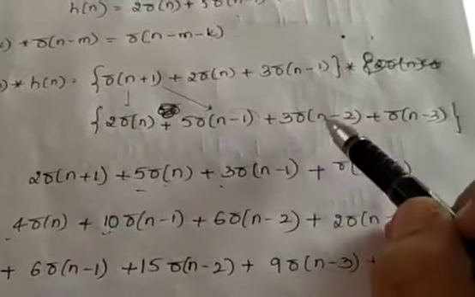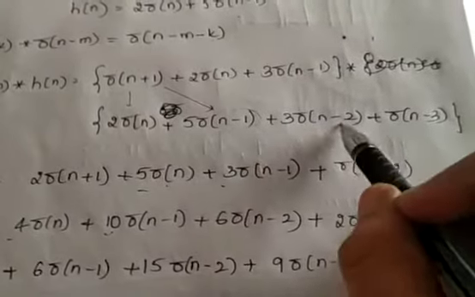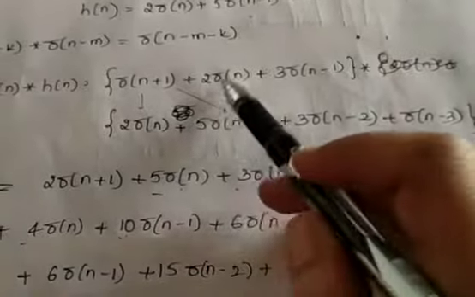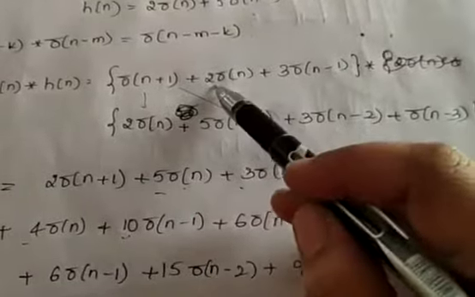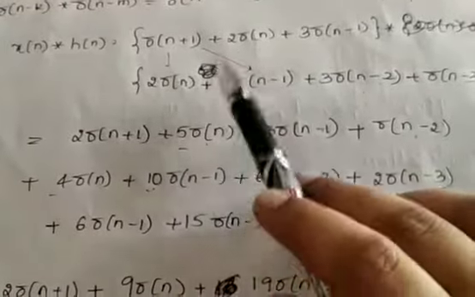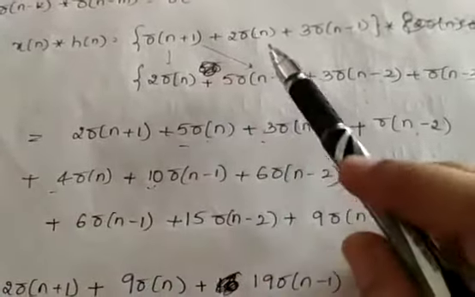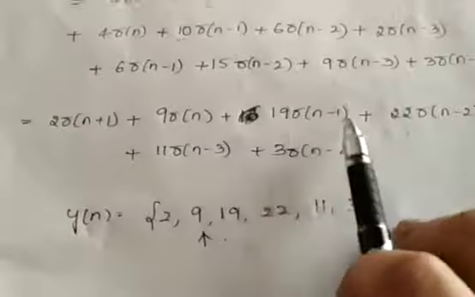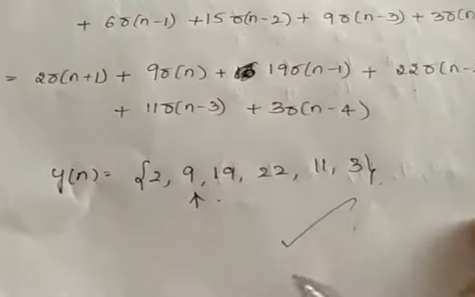Next this term with this term. Plus 1 minus 2 is minus 1, 3. Then this term, minus 2. Next this term with all the 4 terms. 2 into 2, 4. Delta n convolution delta n is delta n. Then this into this, 2 into 5, 10, delta n minus 1. Like that. Now you add all the common terms. You will get this answer. Once again you will get the same result.